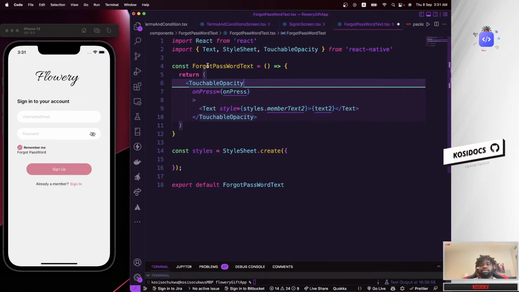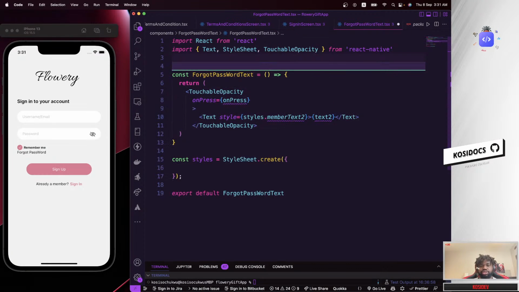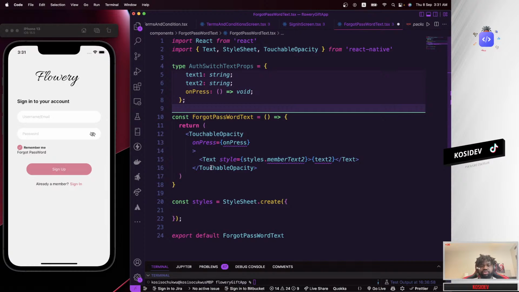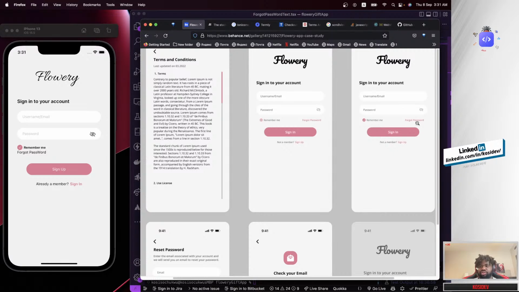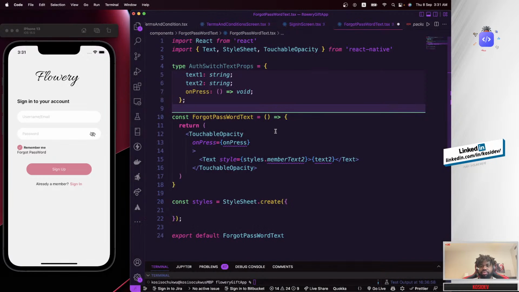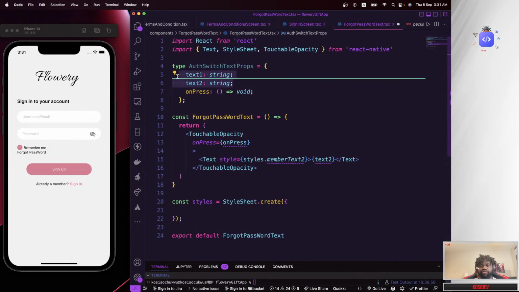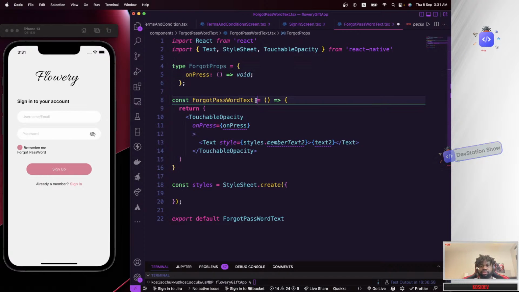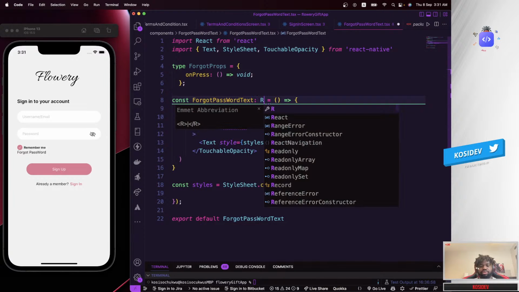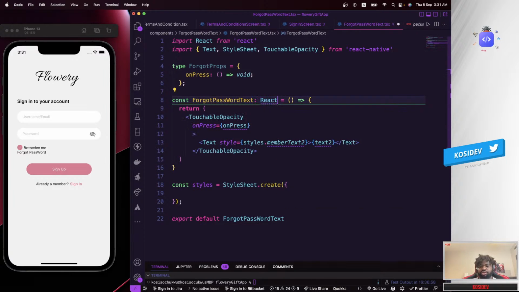Copy that. Just paste it somewhere here and make some changes to it. Since forgot password test is not going to change, it's going to be forgot password. What we could do is just remove the test property from this stuff here, and then call this something like forgot password props, and then use that right in here. So React function dot